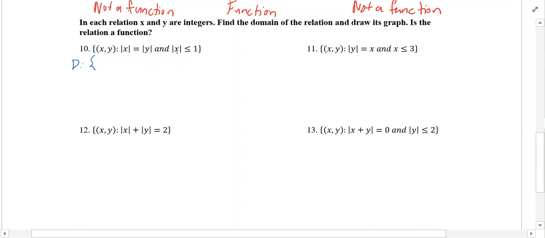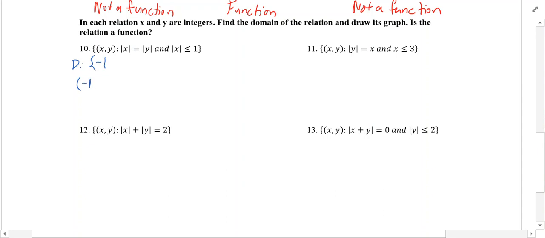So if x equals -1, if I were to simplify it and take the absolute value, I'd get 1 is less than or equal to 1, which would be a true statement. So my first domain value is going to be x equals -1. So let's write this coordinate. If I plug in here